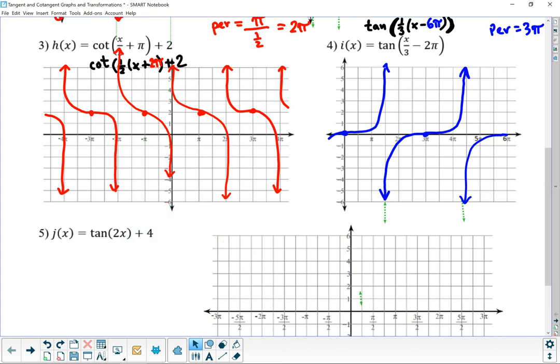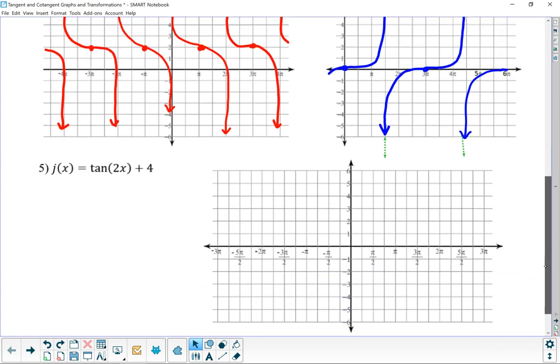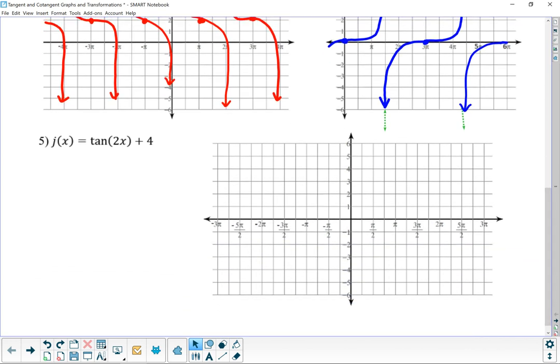Okay, last one. This one is tangent. So again, tangent is center right in the middle. Doesn't look like I have a phase shift, so it's not going to be too bad. And I don't have anything with the x except for the 2, which is going to change my period. So I'm just going to go and do my period,